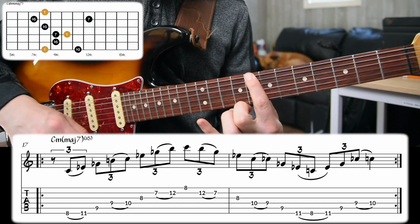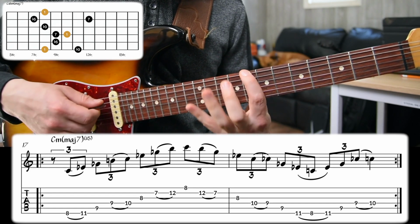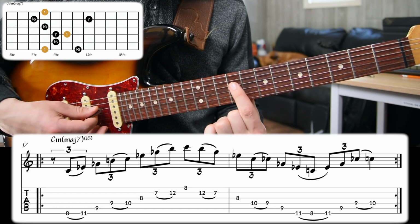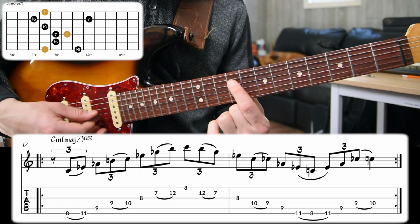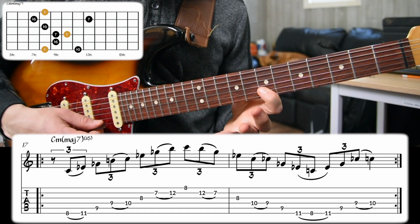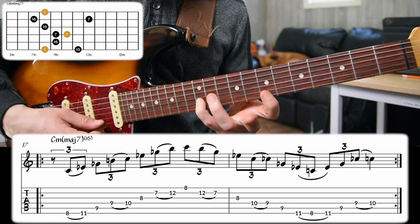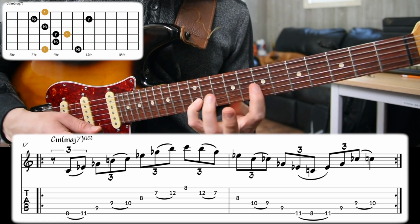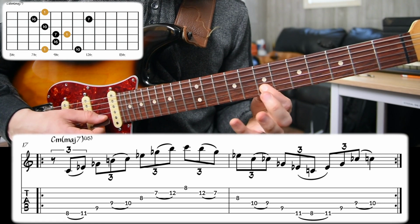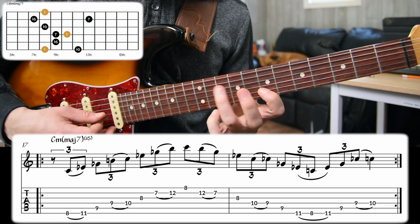And it's a very odd one. So it's going to be a diminished triad. And then from the note that is the 5th of the diminished triad, the major 7 is going to be a perfect 4th away. It's especially tricky when we're here on the 2nd string because we have to reach a whole perfect 4th on that one string, which is quite a stretch. I'm reaching from the 7th fret all the way to the 12th fret in order to...